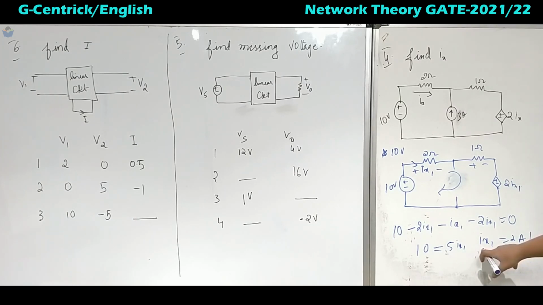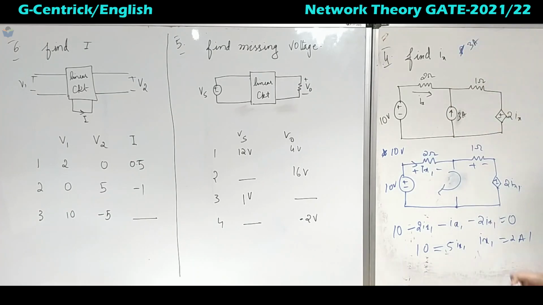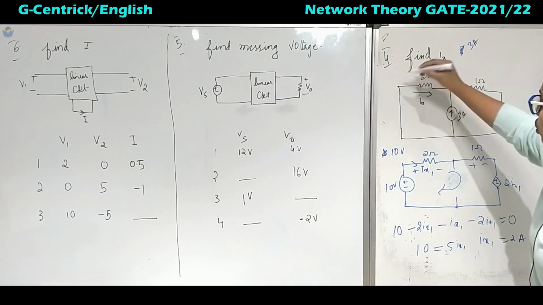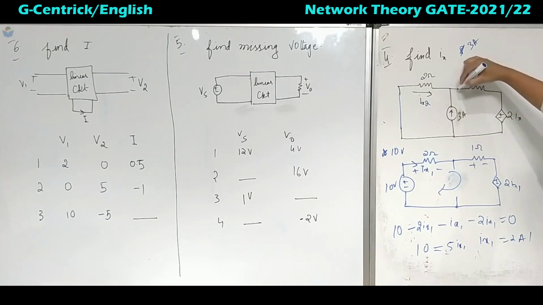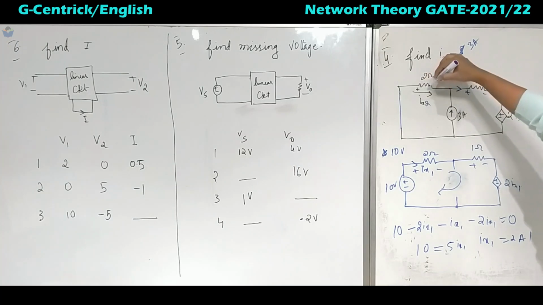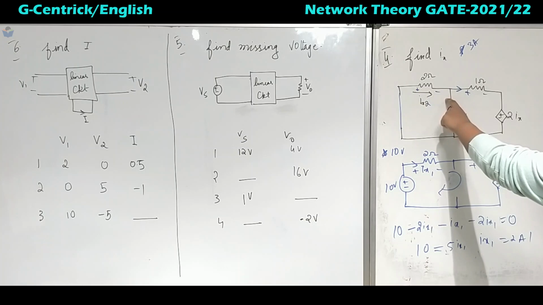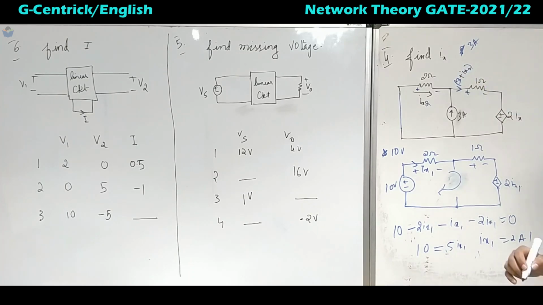We have calculated Ix1. Next, we will take 3 amperes as active. So what will happen to this circuit? This will be short. So this is Ix2, right? So now if we take in this direction, this will be plus and this will be minus. Here also it is plus and minus. So 3 ampere current is coming here, Ix2 current is coming here. So at this node, if the current direction is in this way, then it will be 3 plus Ix2, right?